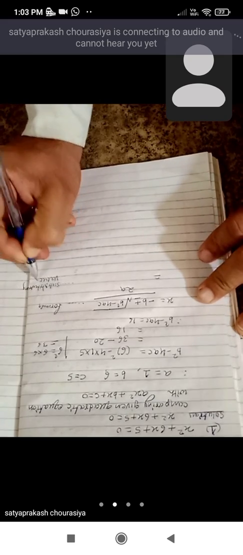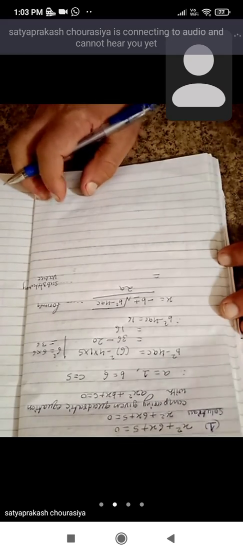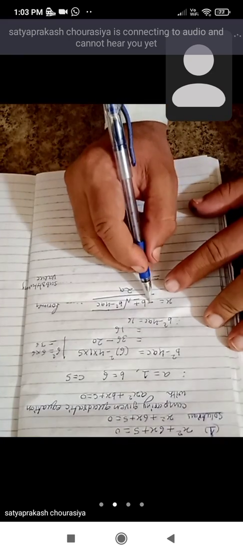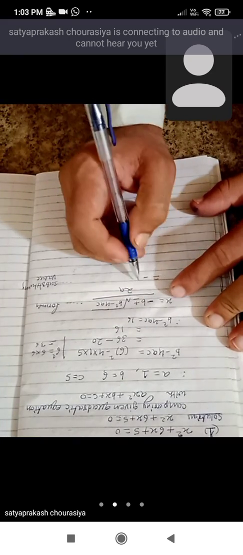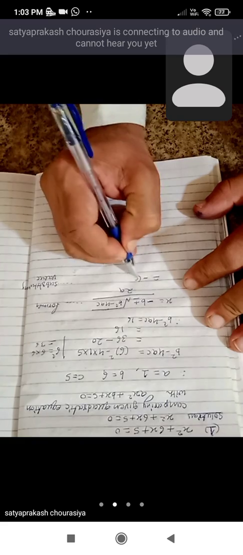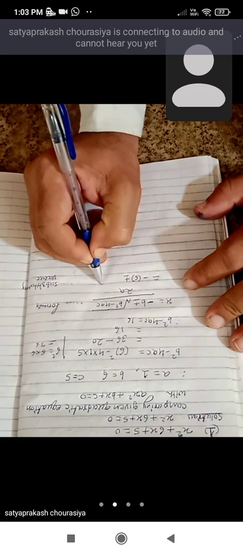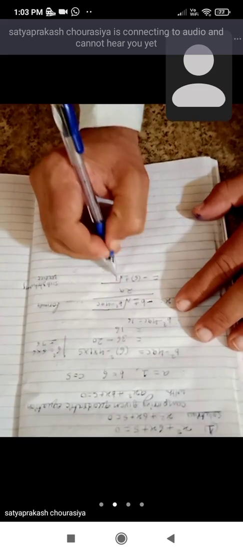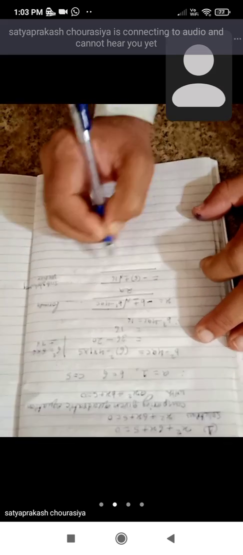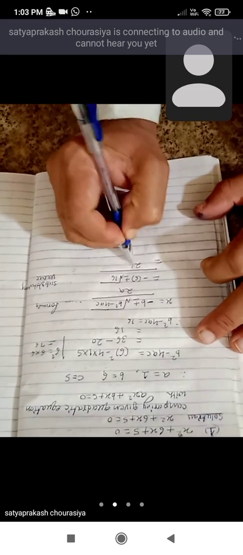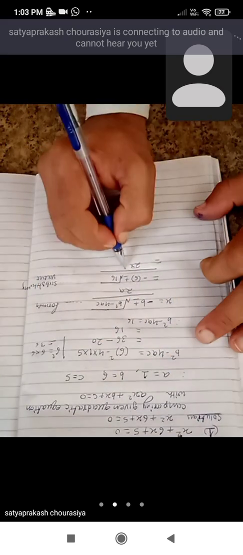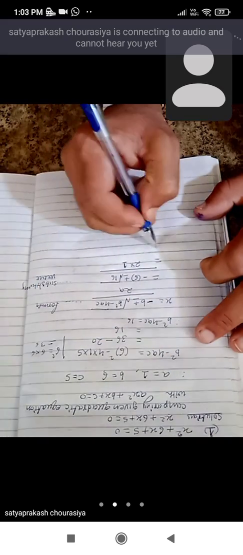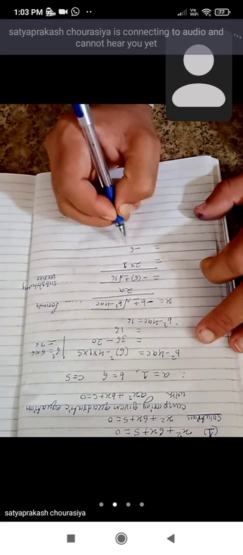Now see, in the formula there is minus, so minus, and b here is positive 6, plus minus, now we have found the b square minus 4ac value is equal to 16, upon 2a, so 2 into a, which is 1. So this is equal to minus 6, now plus minus,